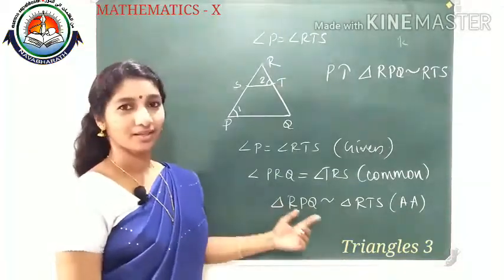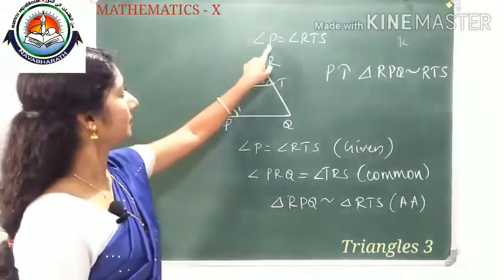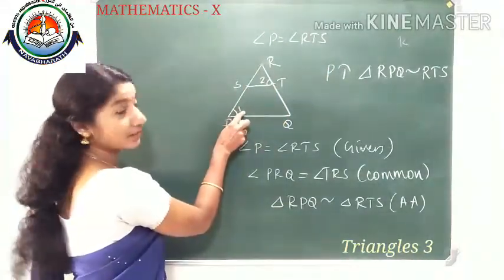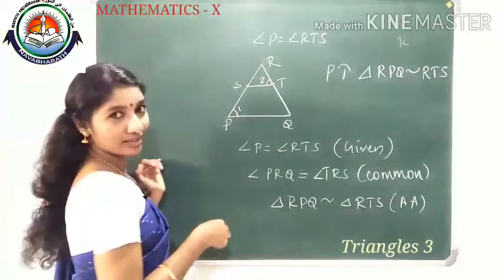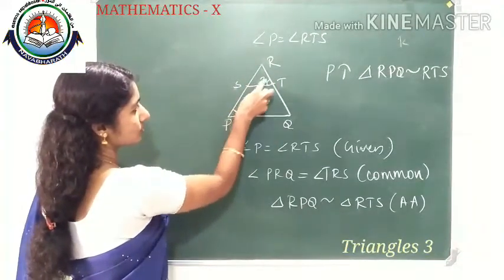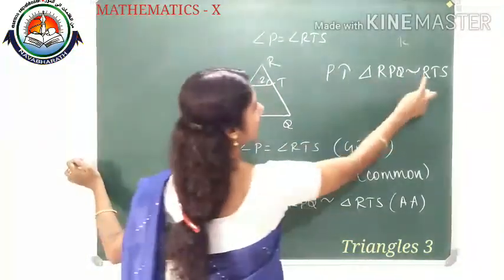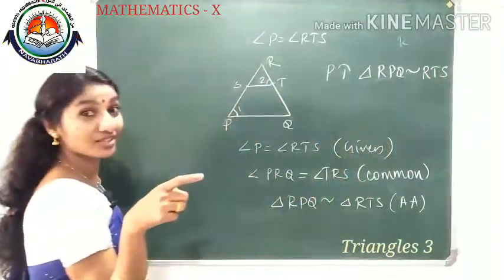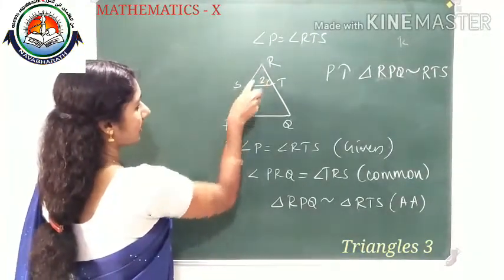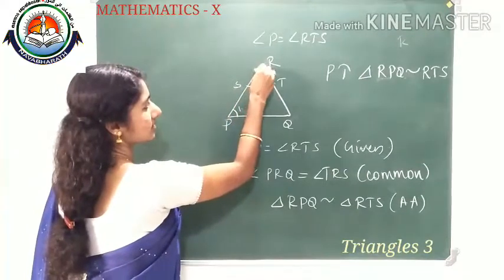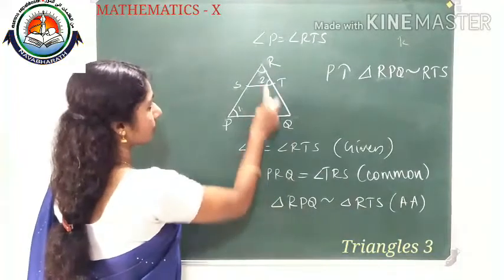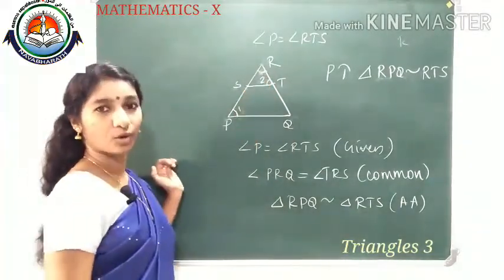Okay, got it now? Once more, angle P equal to angle RTS is given. See the figure and find those angles. This is angle P from RPQ, and see which triangle we need to give the proof for also. RPQ is equal to RTS. So these two angles are equal. In the triangle RPQ and RTS, that angle is given, the middle angle is equal, and you see this angle, angle R, RPQ's one angle is this angle, RTS's one angle is this same angle. So we can write PRQ, or simply write angle R equal to angle R, common.